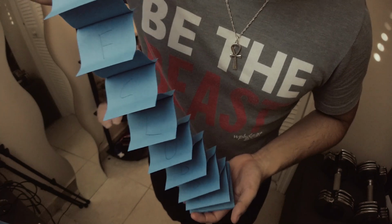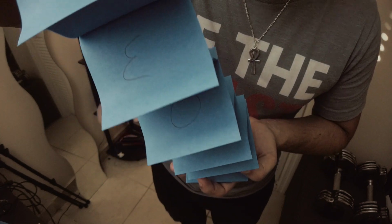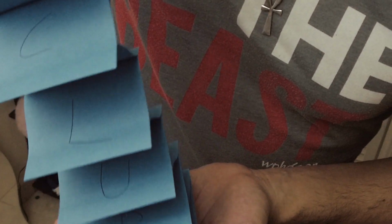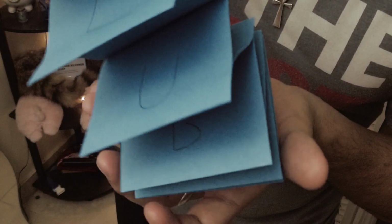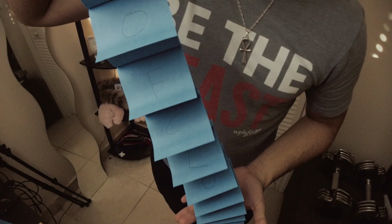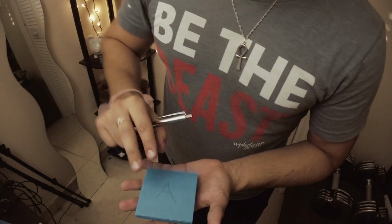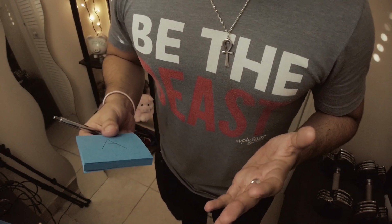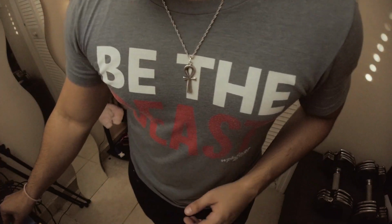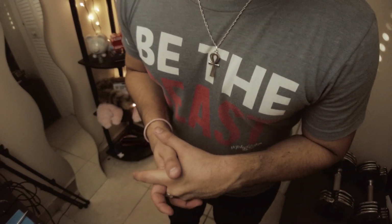And at this point, you could stand and look at them like an idiot, because you did in fact get it. I realized that I should have used a Sharpie marker, which is a little bit more visible, because this camera really has a hard time picking up the letters on the card. But in person, you're going to see that it says ace of clubs fairly obviously. And you end with a nice little bit of a twist there. Magician was in trouble, and guess what? He solved his issue through the power of